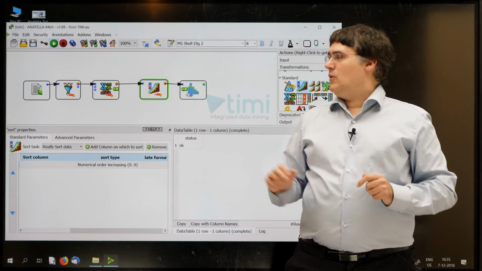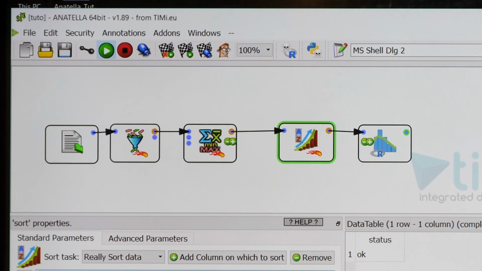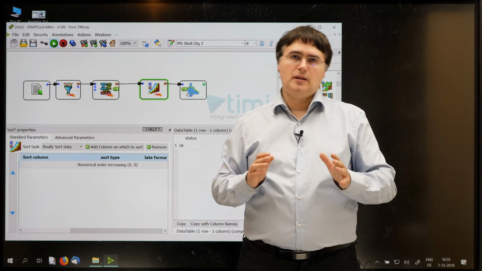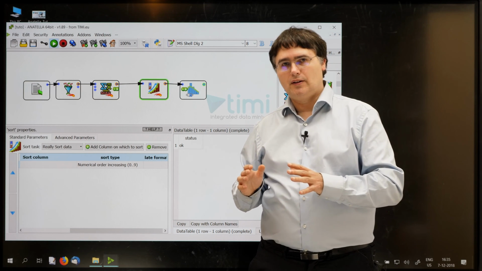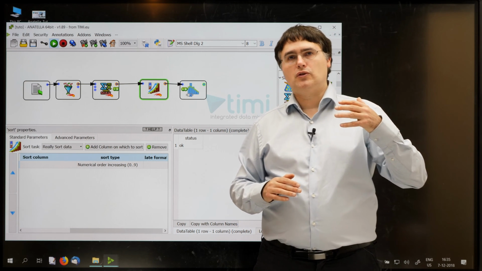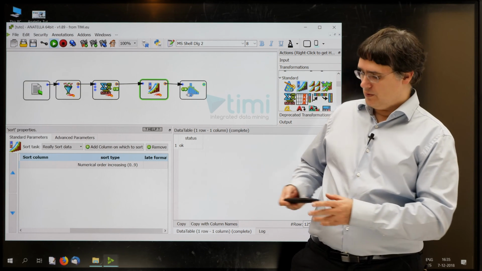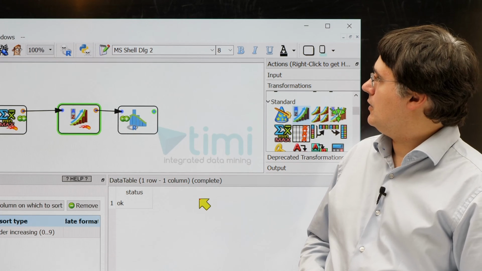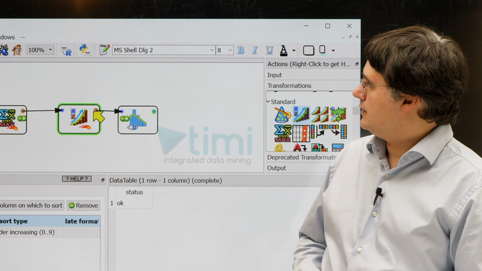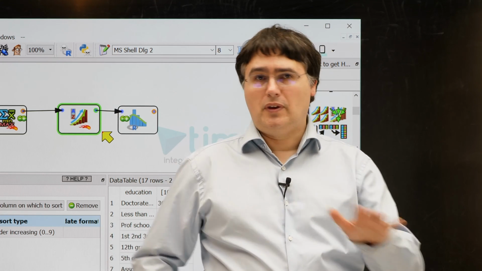You see all these yellow circles there. They are telling me that there is already a result table saved on the hard drive. These result tables were created by all the previous runs that we did. If I click an output pin that already has a yellow circle, Anatella won't compute anything.